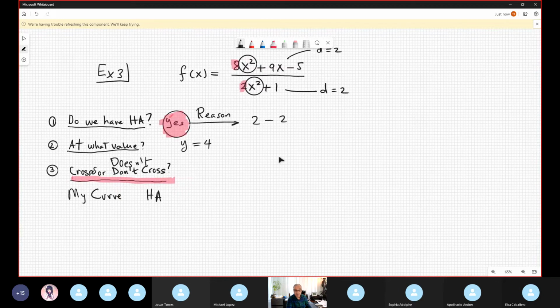No problem. To investigate that, you take the original expression, ax squared plus 9x minus 5 divided by